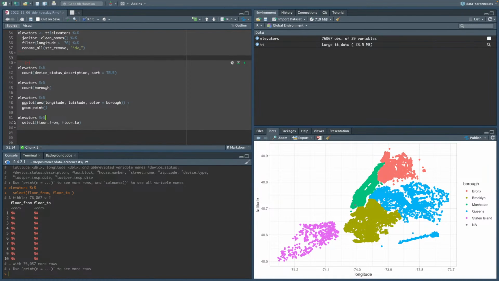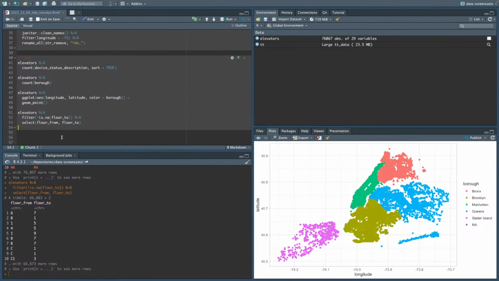Varying formats, and let's see, filter not is an A, floor 2. I'm mostly interested in the floor 2. Okay, some of them are going to be basement. Let's do a count of just floor 2. I think floor 2 I'm especially interested in because it's,